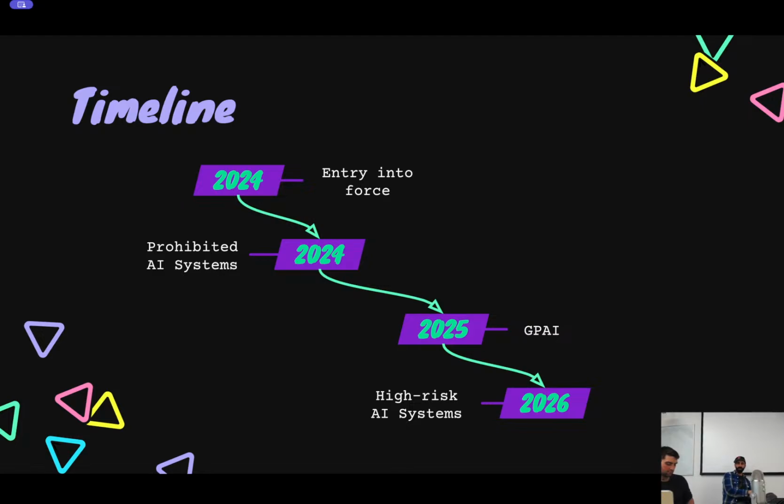Sometime in 2025, the rules around general purpose AI will go into effect. And then another year after that, these more heavy regulations about high risk AI systems will go into effect. I think there's some flexibility here, so don't hold me to this, but the idea is maybe about 2 years from now, you could really see this regulation go into effect in a big way and start to impact the work you're doing for the EU market.